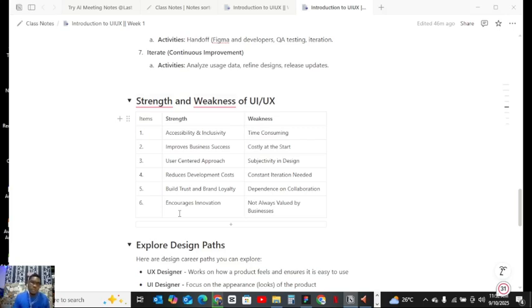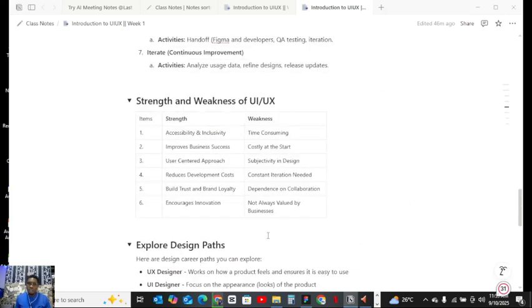So imagine you're a UI/UX person, you stand a chance to apply for their job, and you can do a lot of things for them, and you can also do a lot of projects for yourself. You can sell them, you can invest them, and make yourself some money. You understand? So the most important thing is that you understand the strength, you understand the weakness, and know how to work with them.